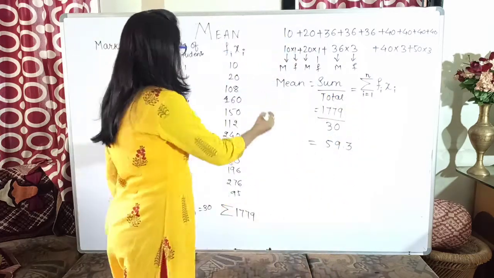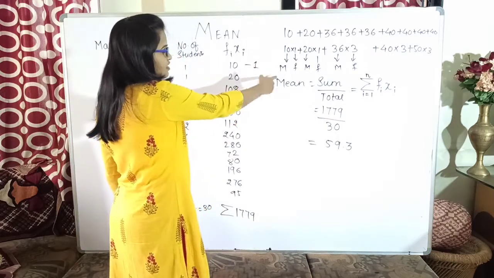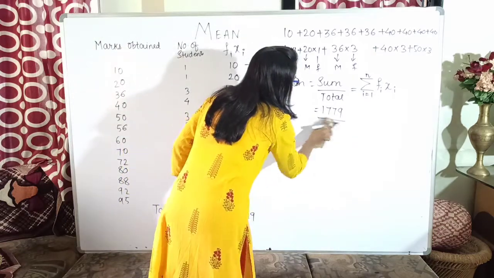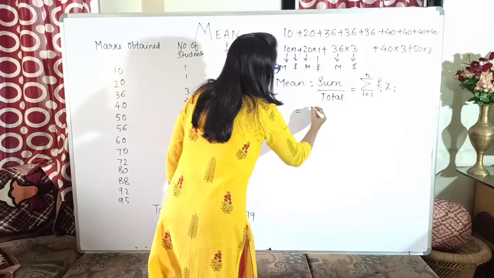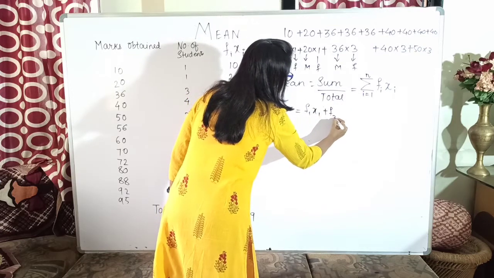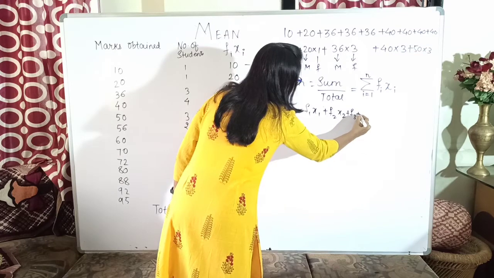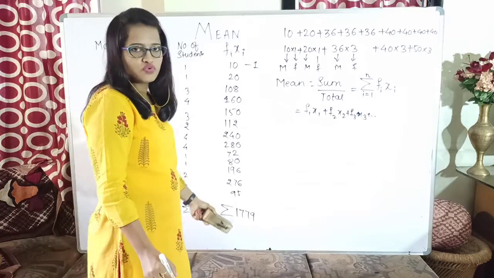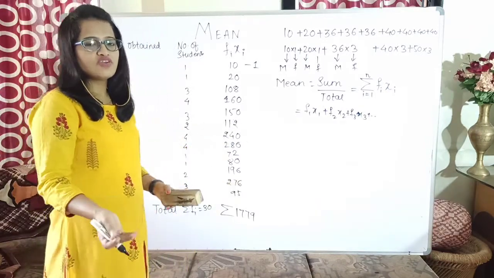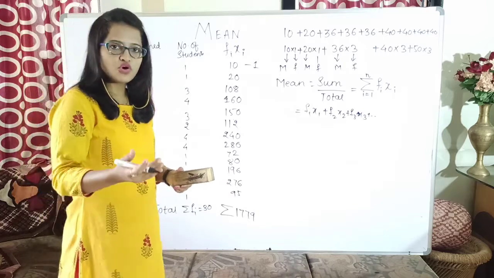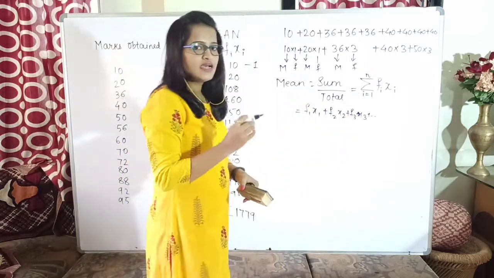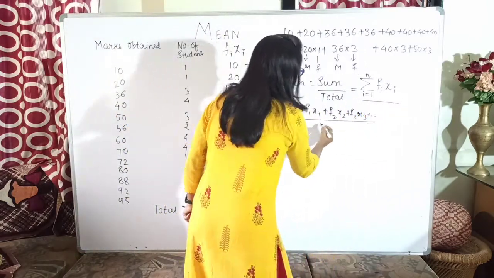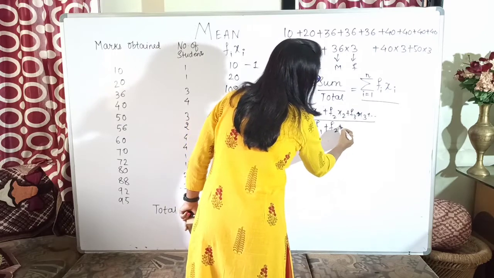1 to n means this will be your first row. So it will start, the value of i will be 1. So the first value, if I write it here, is nothing but f1 x1 plus f2 x2 plus f3 x3 and so on, till n. n means whatever is the number of rows. We don't know it in general; in this case we know, but in a general formula we have to write it so that it is applicable for all examples. Hence I have taken i as values from 1 to n. And what was present in the denominator? Yes, in the denominator it was f1 plus f2 plus f3.